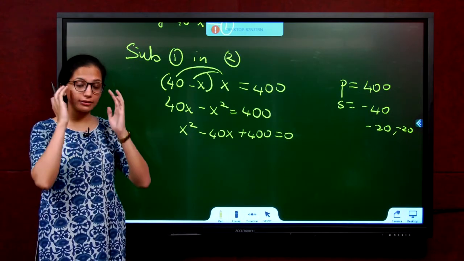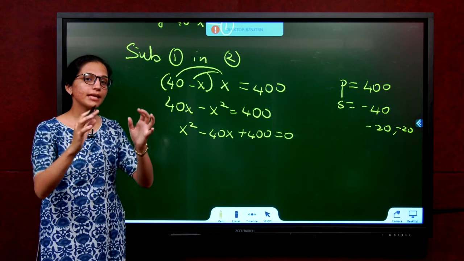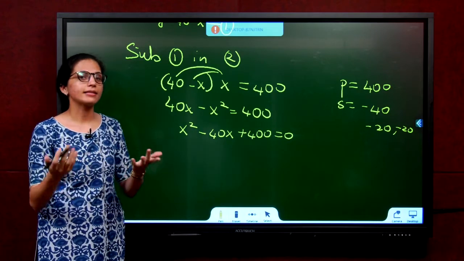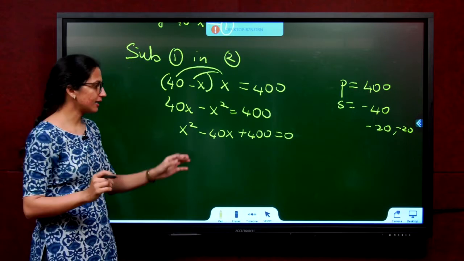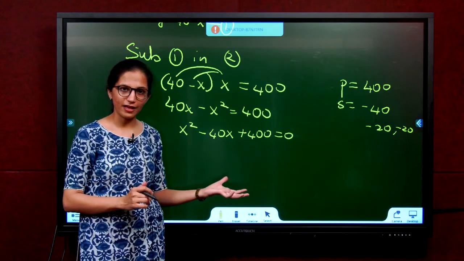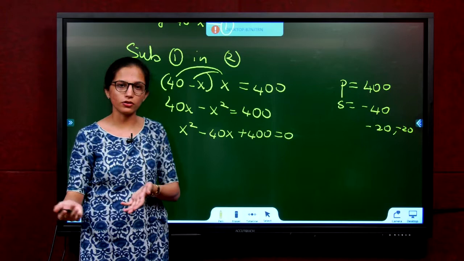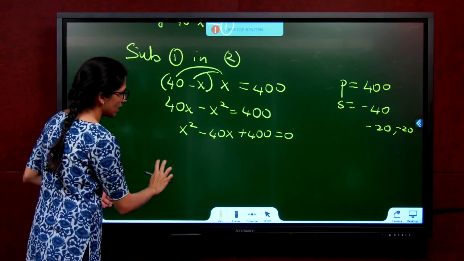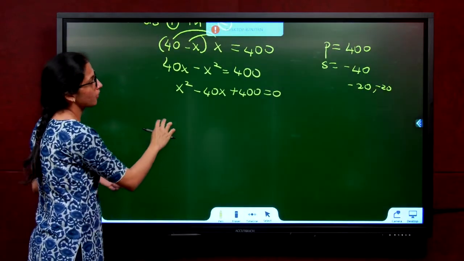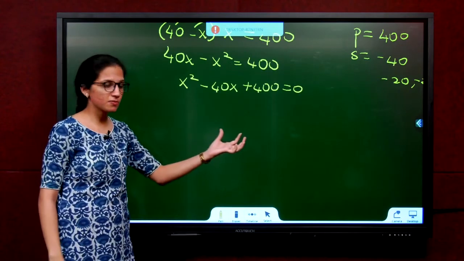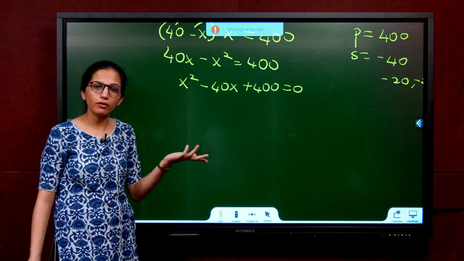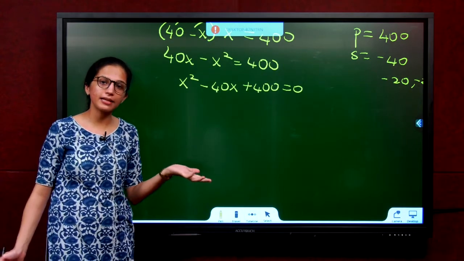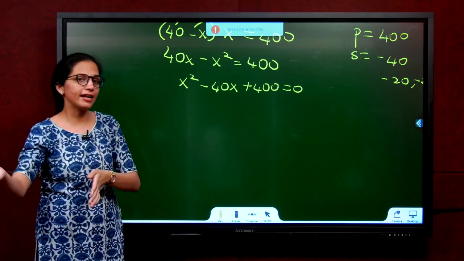If you cannot think and cannot split, please go for B square minus 4AC. See if the situation is possible. That is also fine. Understand? If you can split something and find the value of X, that means situation is possible. So now, situation is possible, meaning splitting is possible. Then you should verify the X values. If both are negative, can lengths be negative? Can breadths be negative? No. You will have to reject it later on.